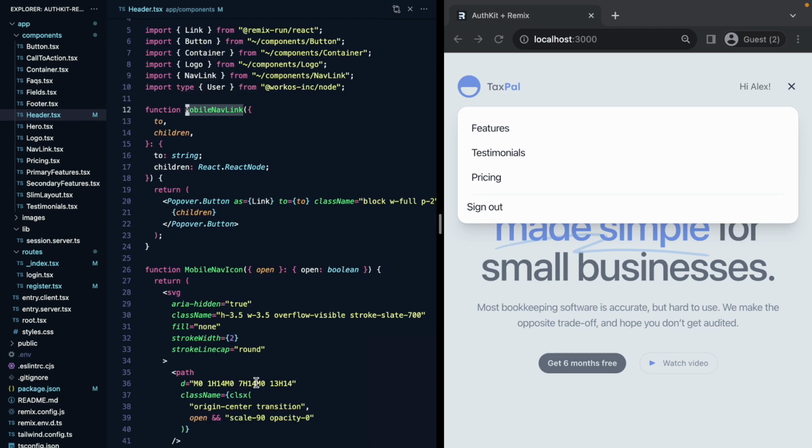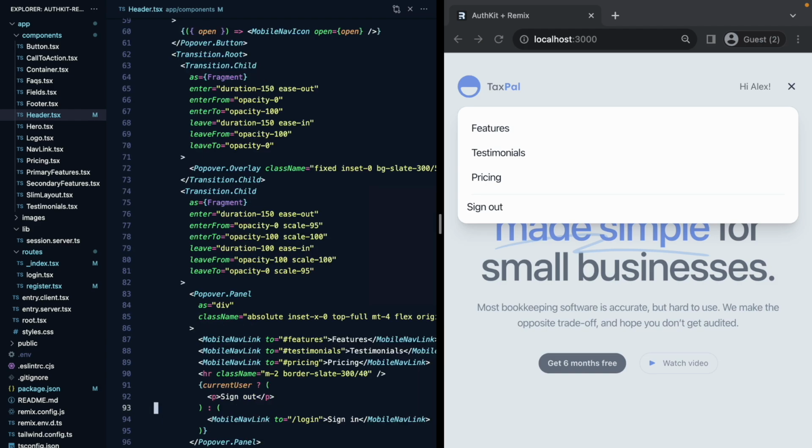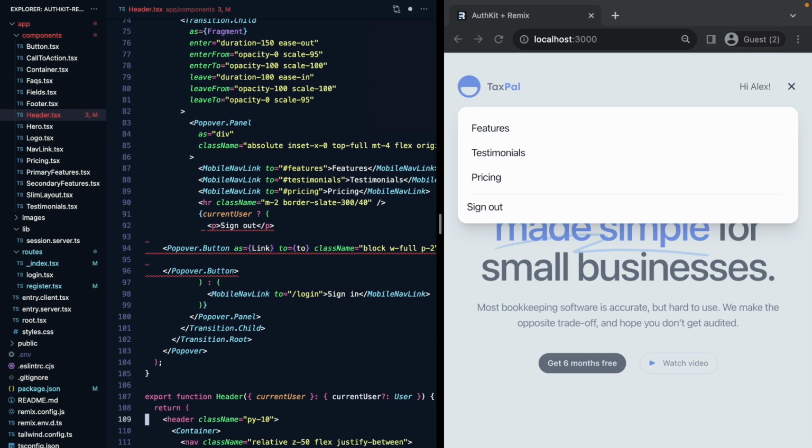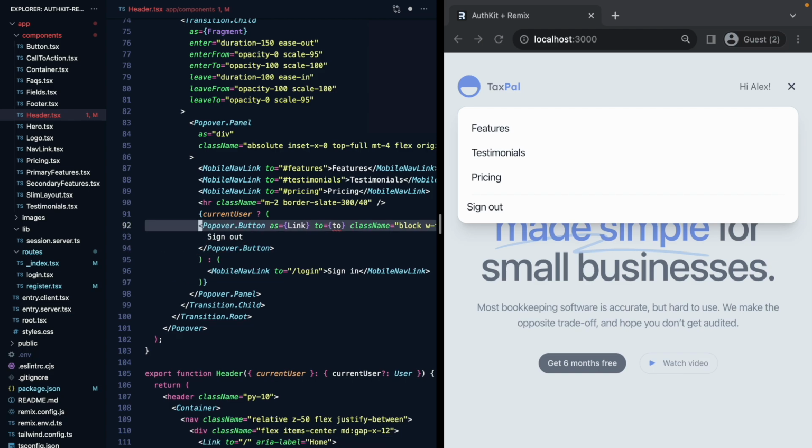Let's take a look at this mobile nav link. It looks like it renders a popover button with some other props. Let's just grab this, go back to our sign out link, and we'll just use this right down here instead of a p tag, sign out. And all of these links look like they use an href, including the login button, because they actually navigate the